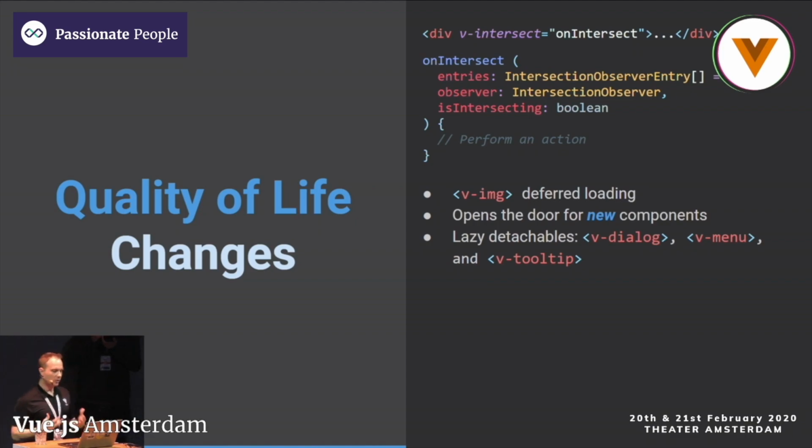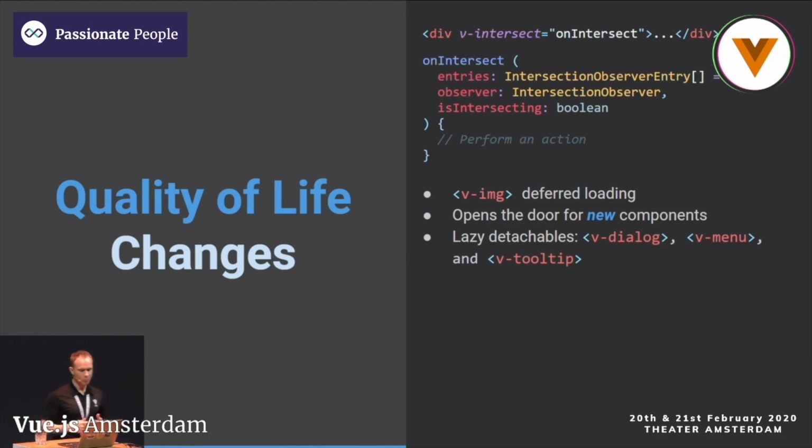And then one of the things that we did, if you worked in 1.5 and you used what we call detachables, this dialog, menu, tooltip, these are components where their content, whenever it's rendered, will detach to the root of your application and then display. But what we did in version 2 is we realized most people don't need them right away, so we made everything lazy by default. And this drastically decreased the start time of people's applications because it didn't have to render